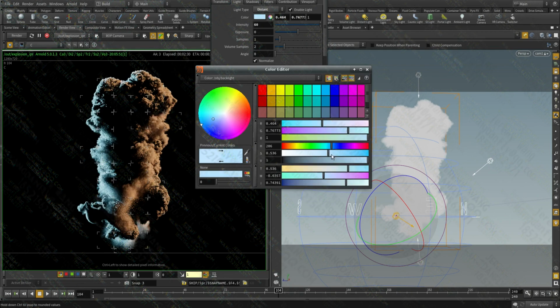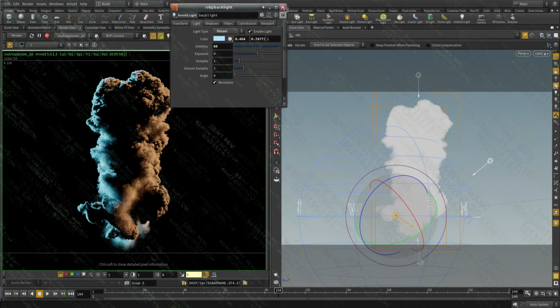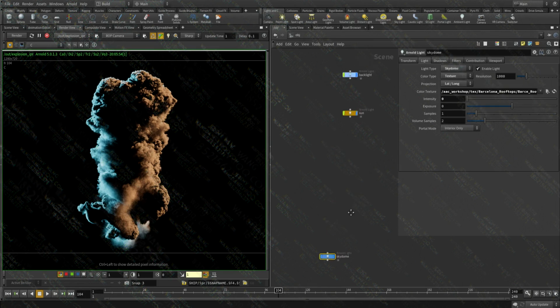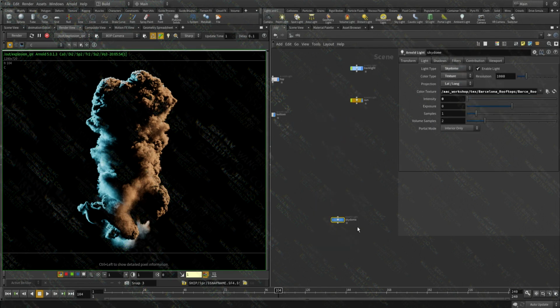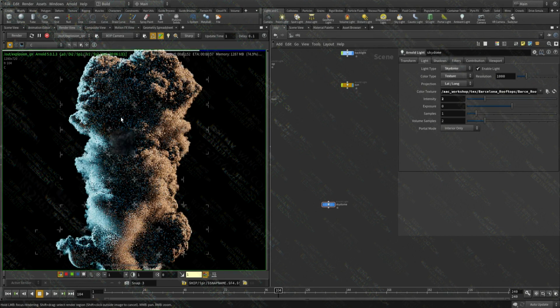Let's give it a more saturated color. Cool. And let's take a look at the skylight now. So basically I get these two, key and back, and then I would add the environment light in and tweak that to give me the result that I'm looking for.